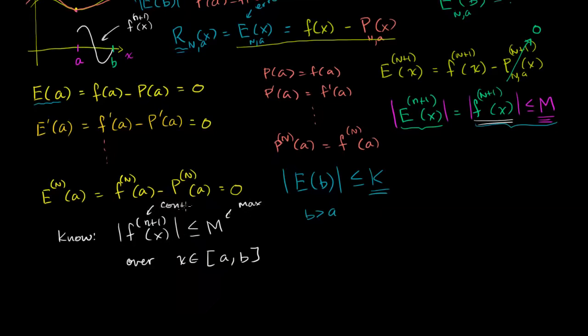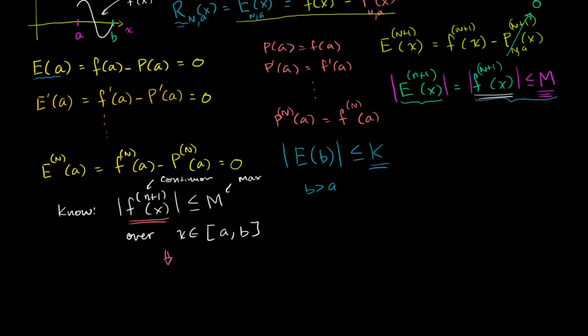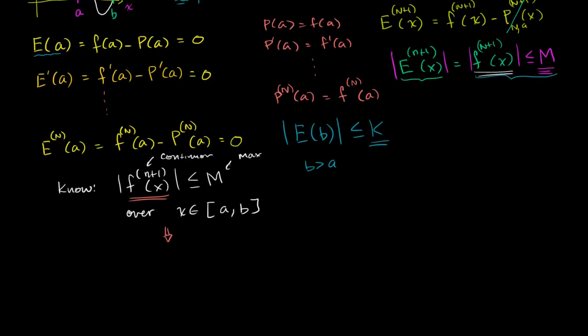So once again, we're going to assume that it is continuous, that it has some maximum value over this interval right over here. Well, this thing right over here, we know is the same thing as the n plus 1th derivative of the error function. So then we know that implies that